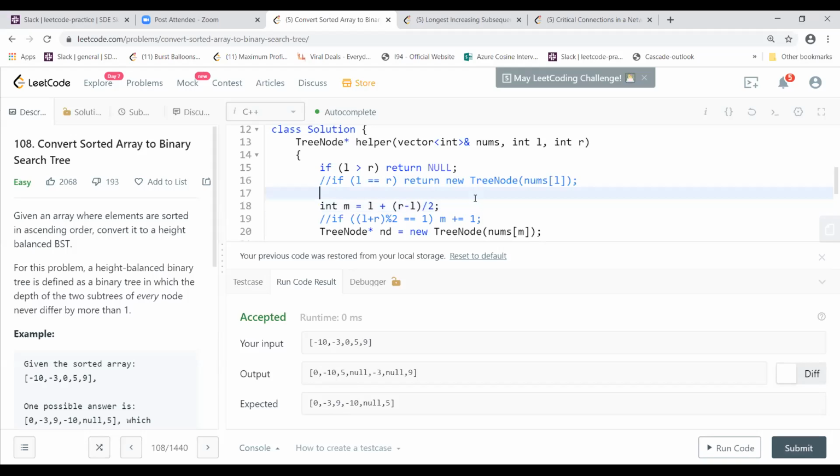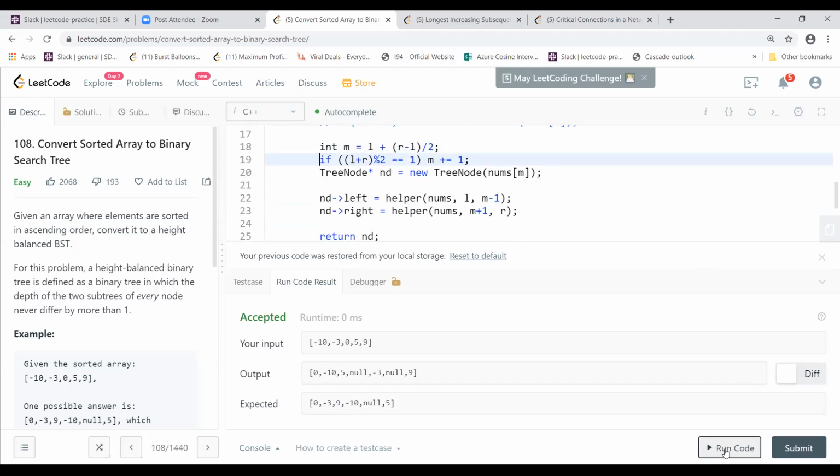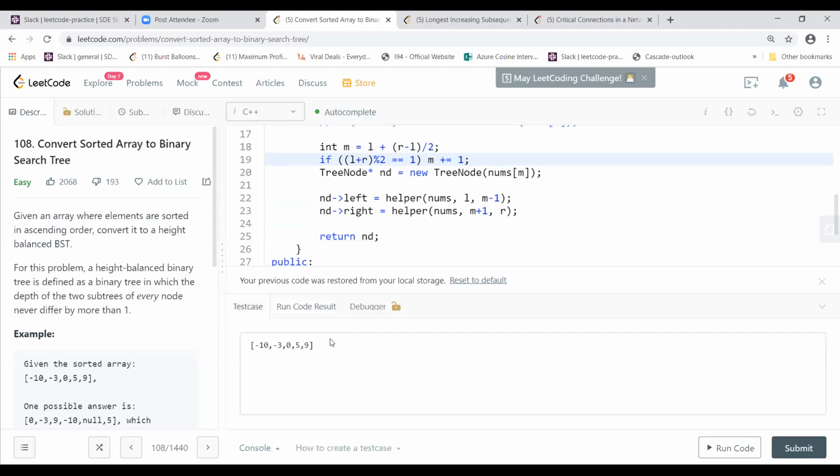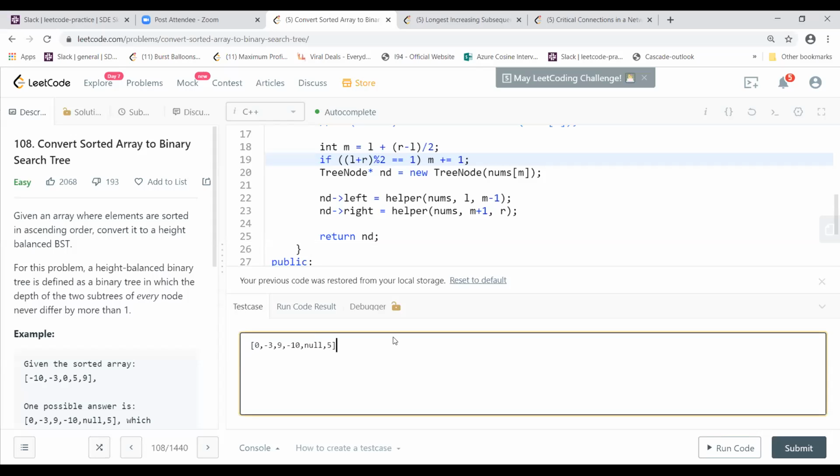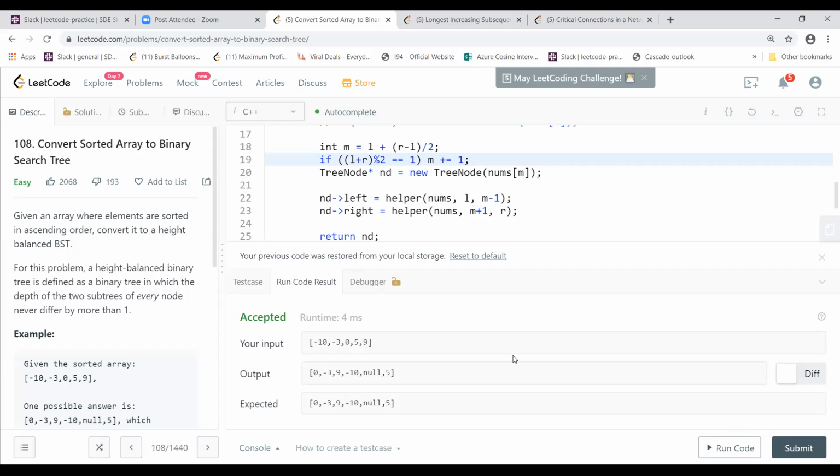Now if I just add this line here, which is what I was talking about, it matches their expected output. I run it, and see, now it is matching their expected output. I'm not sure if I can copy this here. I don't have that tree to visualize it here. But that is the way, and it just matches the expected one.